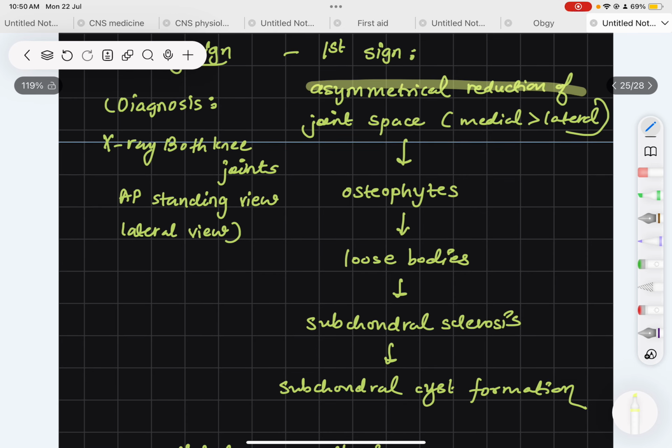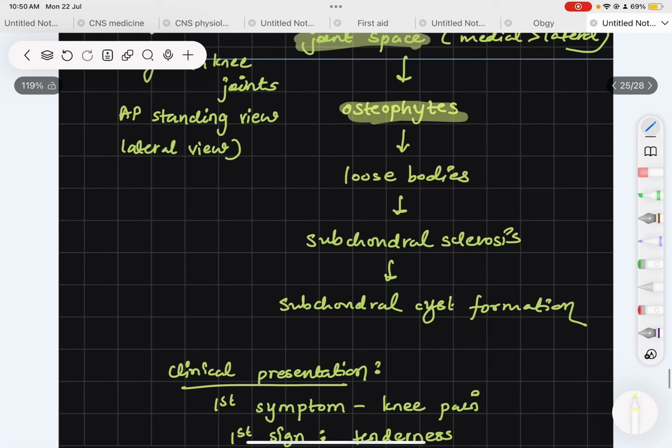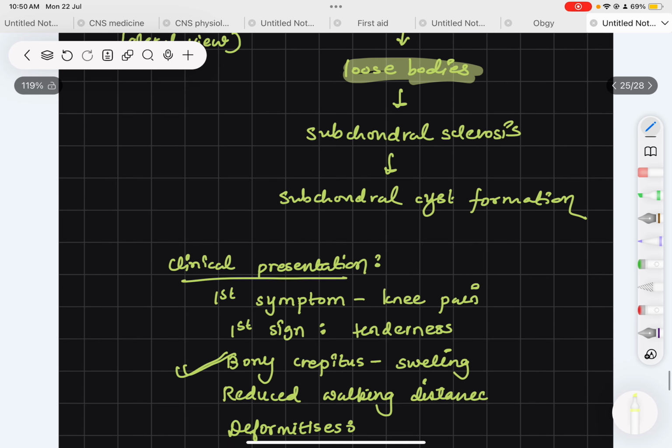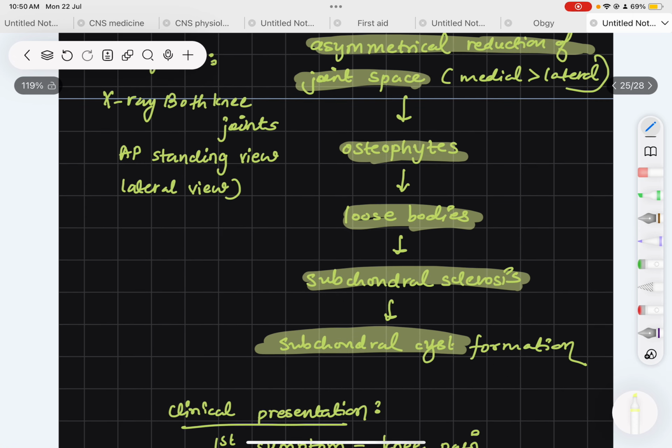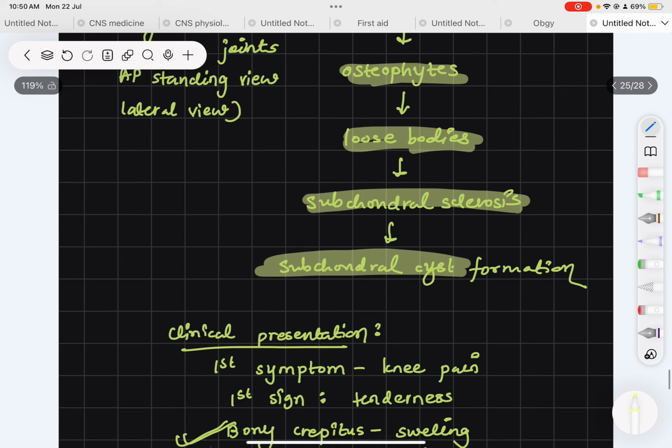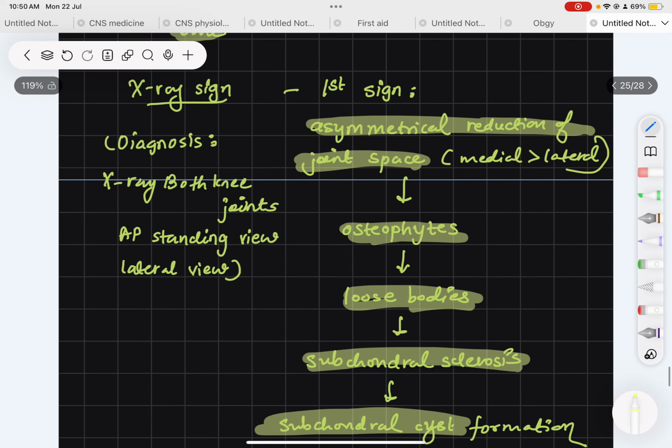And in X-ray, first we know that asymmetrical reduction of joint space is going to happen. When the medial side is affected more, there will be asymmetrical reduction of the joint space. There will be formation of osteophytes and loose bodies, and there will be subchondral sclerosis plus subchondral cyst formation. All of these changes happen due to this exposed bone, exposed to the synovial cavity. Cyst formation, sclerosis, osteophytes, and loose bodies will be there,